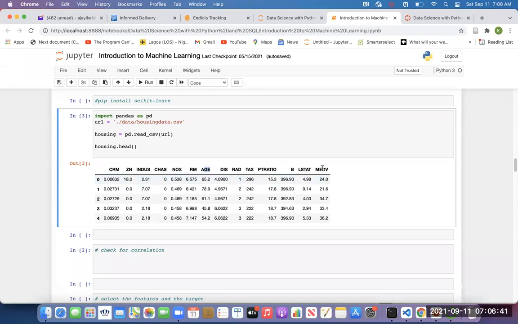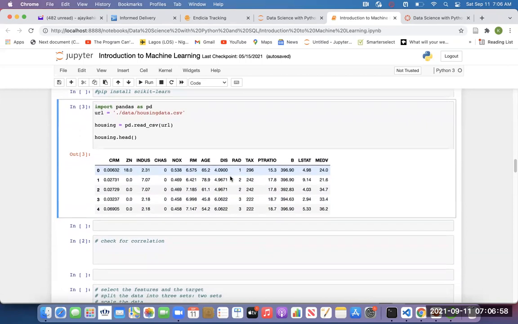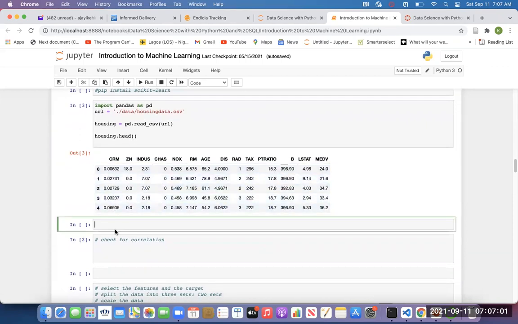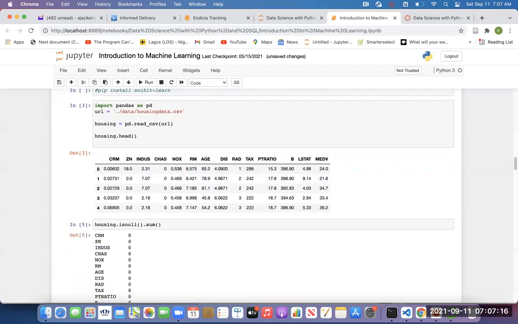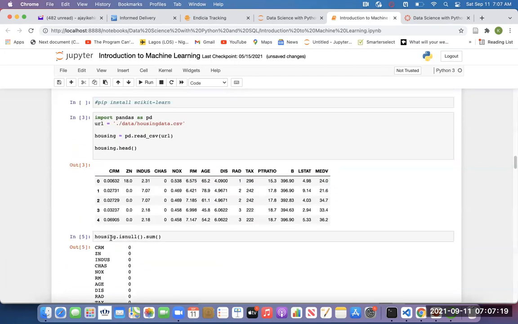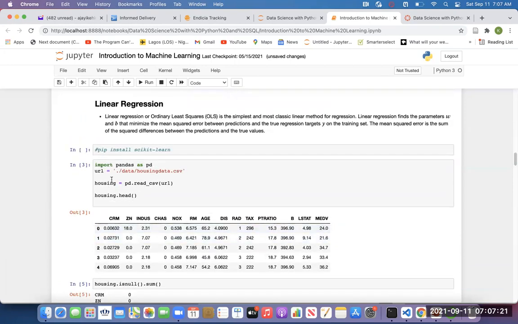But this is what we are trying to predict. This is the median price. So that's the example of the target. That's what makes it a supervised learning: the median price of the house. And that's what we are trying to predict. And since we have it in the data, that means it's supervised learning. So let's check if it has any missing values. If it doesn't have, then we don't need any data cleaning for now. But in your data, trust me, in your project, you are going to clean the data. Okay, so there are no missing values.